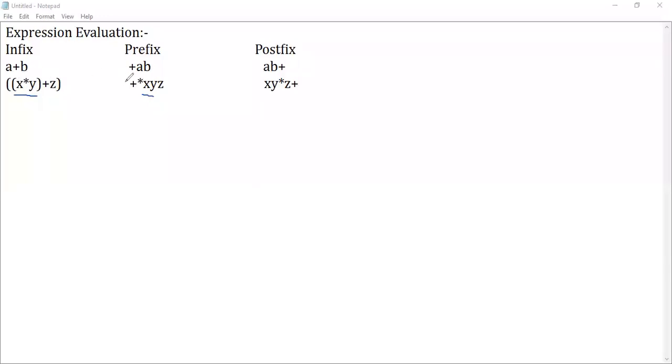Make sure that if two or three operators are coming without parenthesis, their operator precedence will be taken. We know the BODMAS rule, right? Bracket, division, multiplication, addition, subtraction. The BODMAS rule will be applied there. Okay. Now, in case of postfix, I'm taking this expression and placing the symbol after the operand. And along with the existing expression, I'm going to add z. I'm going to mention z plus. I guess you people are clear with this.